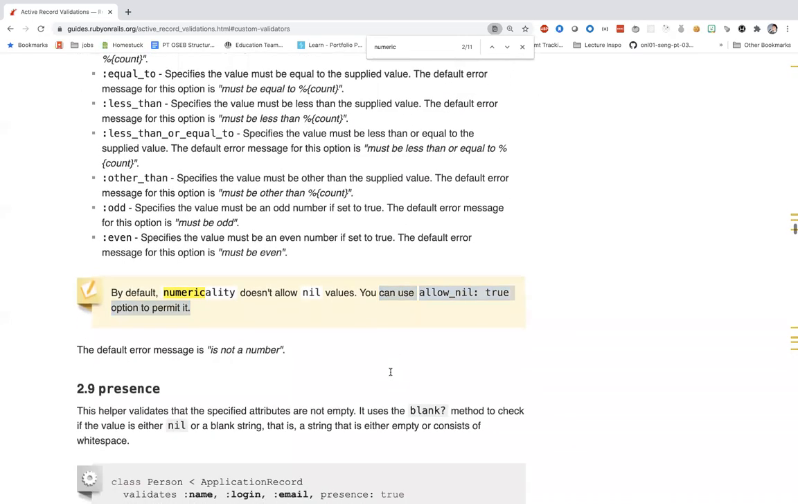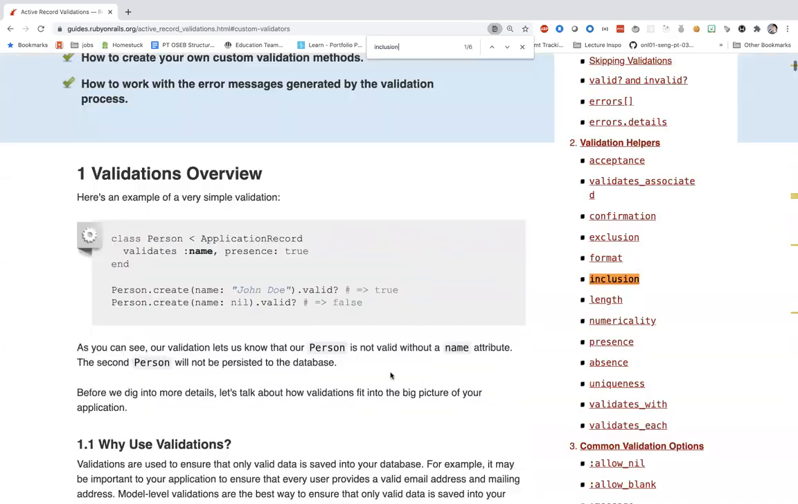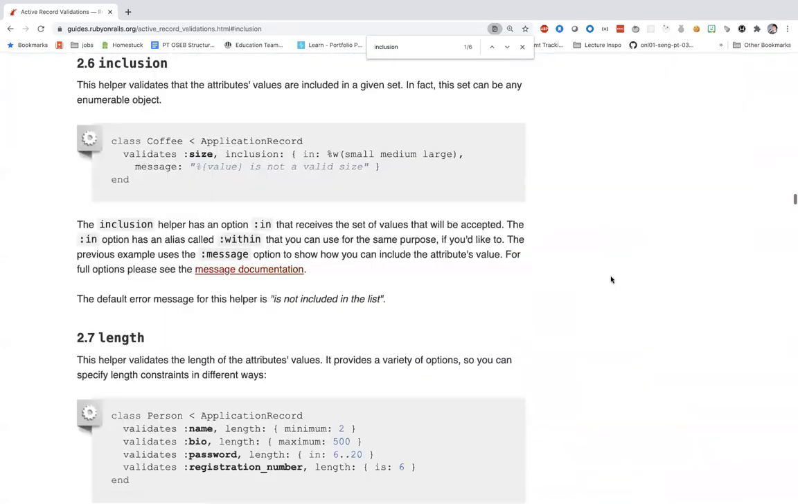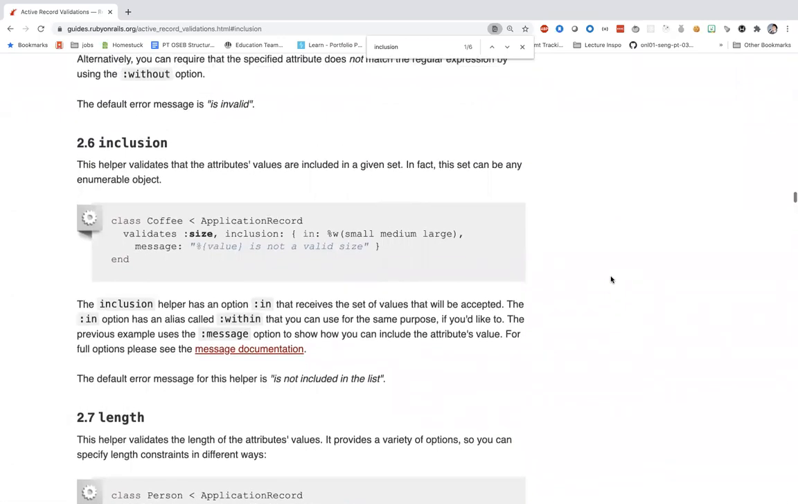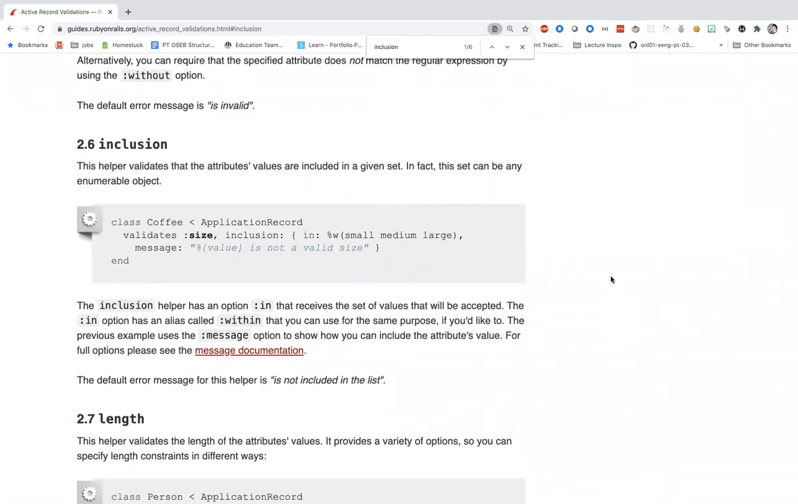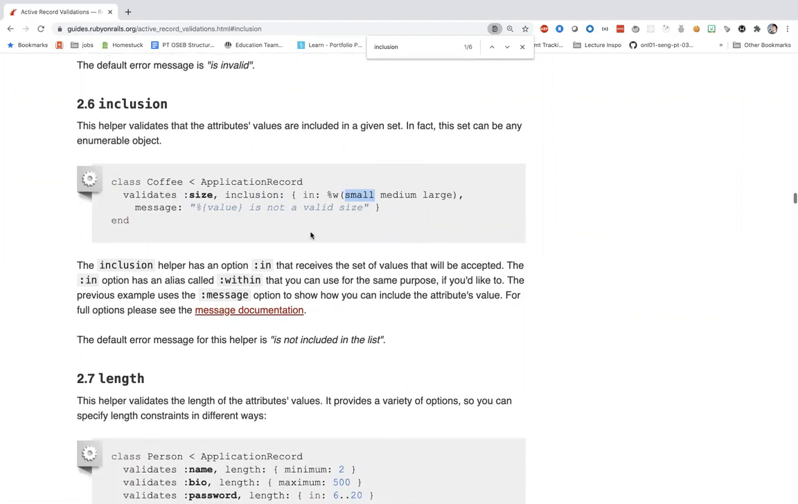But inclusion is a more broad way of saying it should be in one of these. So I can say this %w means make an array out of these symbols. If you see that around, just know they're just making an array there. And I can do something like,